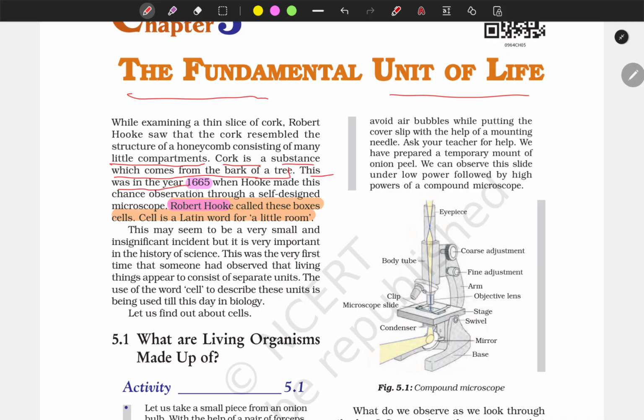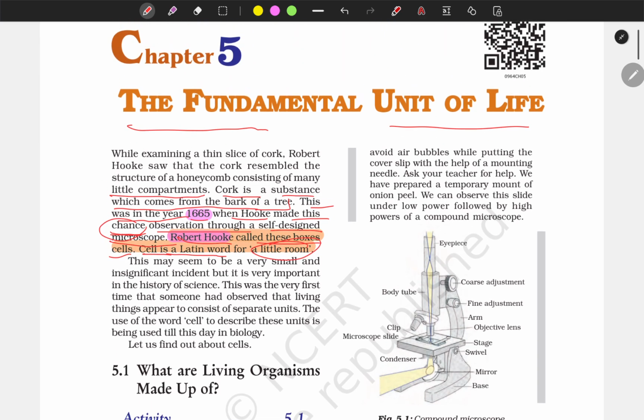This was in the year 1665, when Hooke made this chance observation through a self-designed microscope. So Robert Hooke called these boxes cells. Cell is a Latin word for little room. So the fundamental unit of life is the cell, and it was Robert Hooke who named and coined